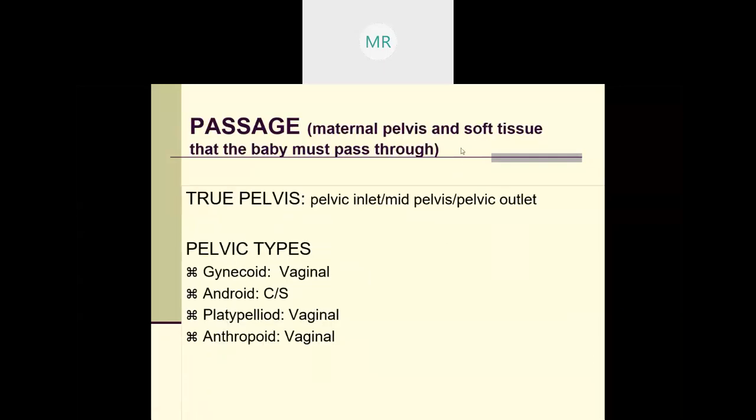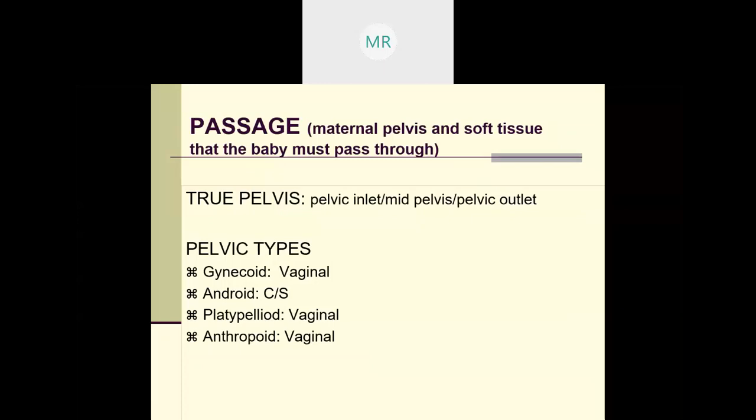We talk about the 4 Ps. It breaks it down. The 4 Ps being the passage, the passenger, the powers, and the psychological component. So those are your 4 Ps. We're going to talk about the first piece in this intrapartum lecture. First one is passage. Passage is all about the pelvis, or this maternal pelvis and soft tissue that this